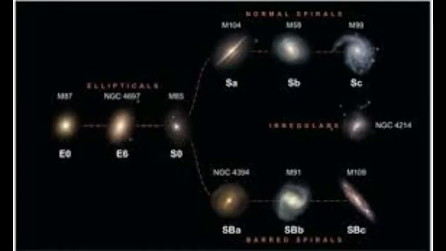So, from the Hubble tuning fork arrangement, we can see different types of galaxies. Actually, it does not show an evolution of galaxy formation, but it only pictures the different types of galaxies to understand them in an easier way. And this type of classification is still used by astronomers.